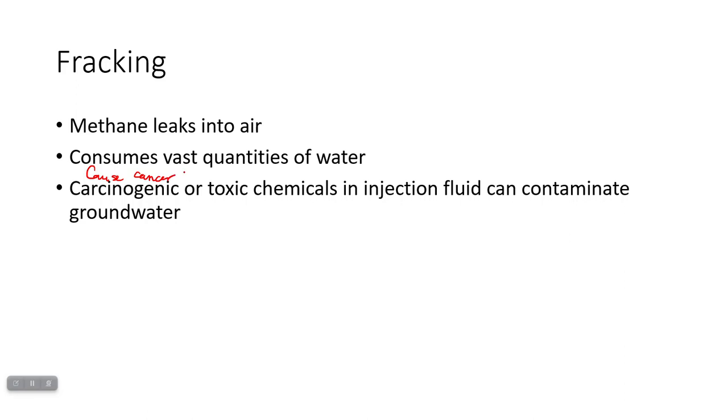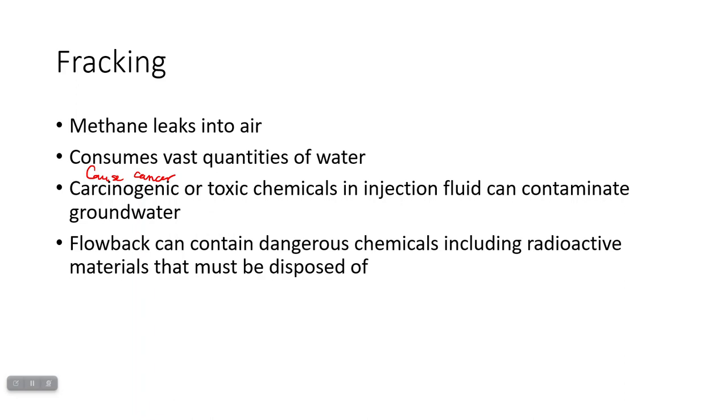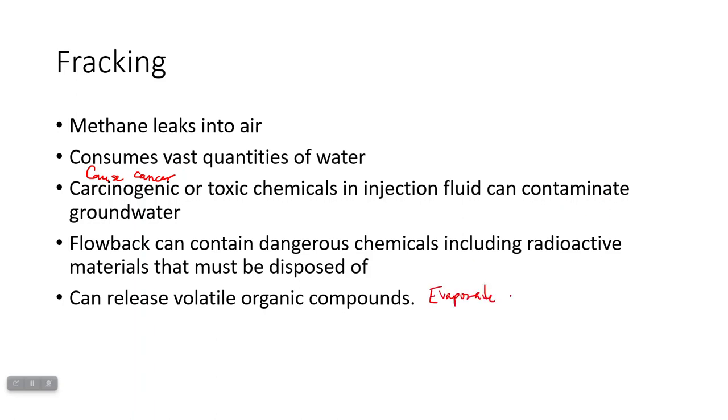Or they're straight up toxic, and sometimes that can contaminate groundwater if they leak into the surrounding area. Some of the material that's flowing out can contain dangerous chemicals, including some radioactive material that then has to be disposed of. It can release what are called volatile organic compounds. These are things that evaporate quickly and then contribute to air pollution